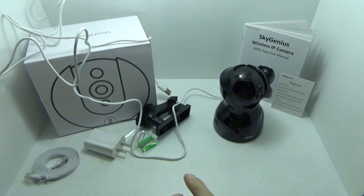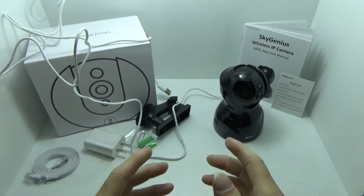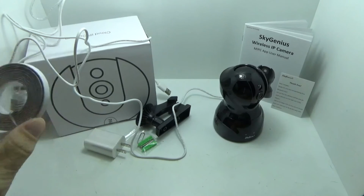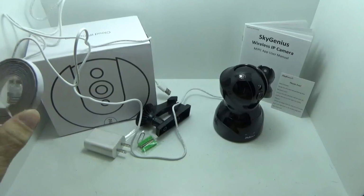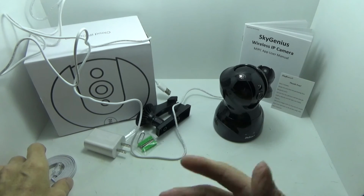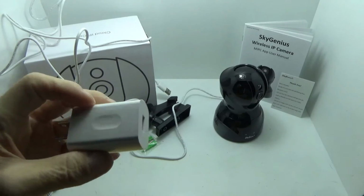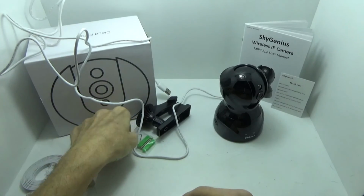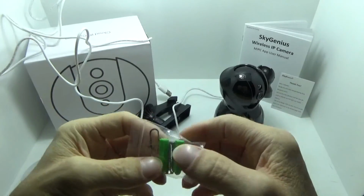Overall, it's very quick and very easy to get going. You do have a web-based interface, but I'm going to focus primarily on the Android app because that's the platform and the usage I have for this type of device. So you have your Ethernet cable in the event you want to connect this, or during the setup process you can use that, or you can do it wirelessly, either one. You have your power adapter, of course, for your USB, mounting hardware, and a small